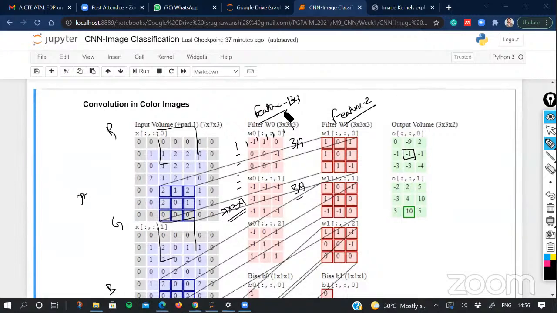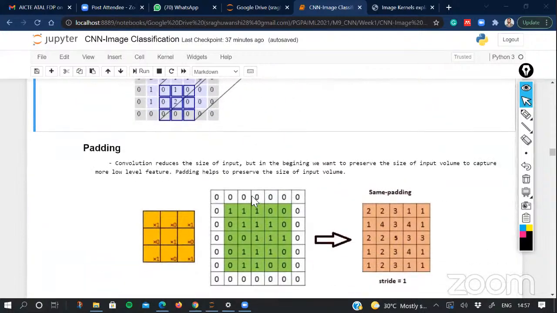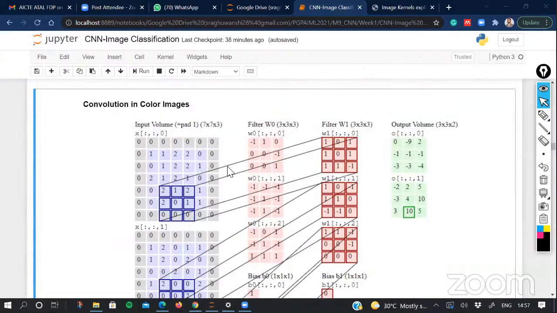So each filter is going to give us 1 feature, and that is through 3 channels of the images, RGB. So color images will have the 3 channels. So we'll use the 3x3 channels with respect to them, and each of these outputs will be the result of that. So that's how you perform this convolution. And this convolution is actually customized in many ways.